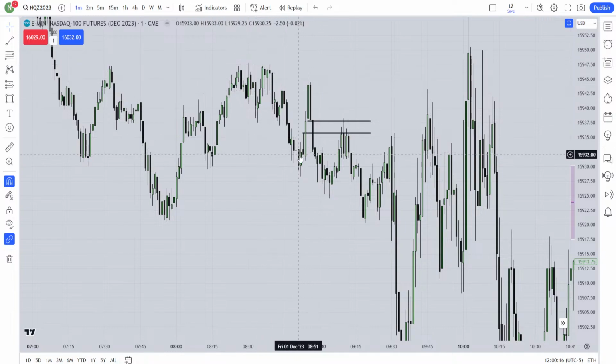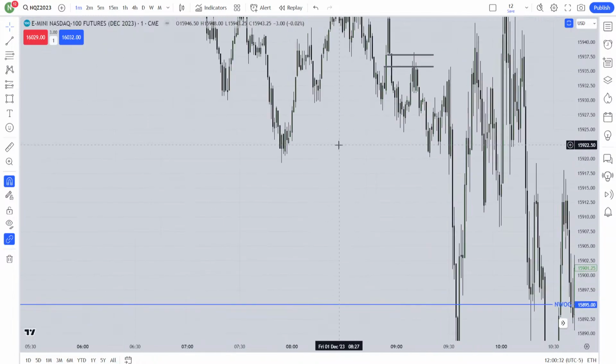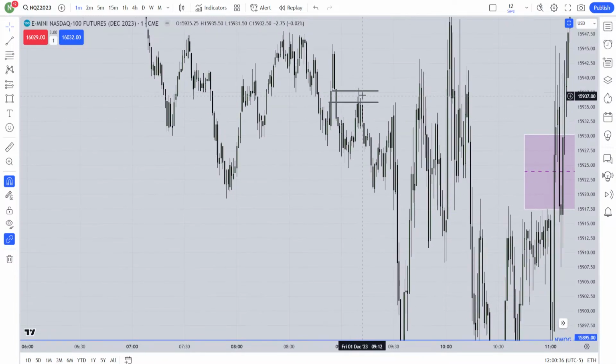The logic is, this is a very nice displacement. It was trying to go above those highs, but it failed to go over there. Instead of that, I got another run on the opposite side. When I see this type of thing, if I can mark some kind of liquidity here that is very clean, I'm very confident that the market is going to trade that fair value gap, not this one. Not this one, this fair value gap.